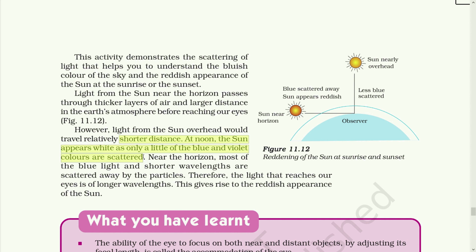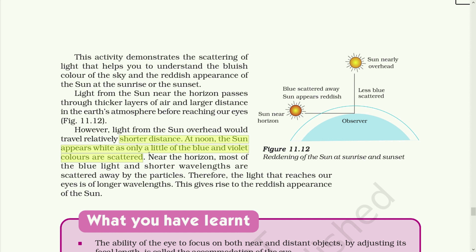So, at different intervals of time, you are able to see different colors in our atmosphere. In the morning, at sunrise, you will be able to see a reddish color in the atmosphere, because the light has to travel a longer distance from the horizon, and that scatters the light with the longer wavelength. While at noon, it has to travel a shorter distance, so it scatters the least amount of light or least amount of colors. So you are not able to see any color during the noon.